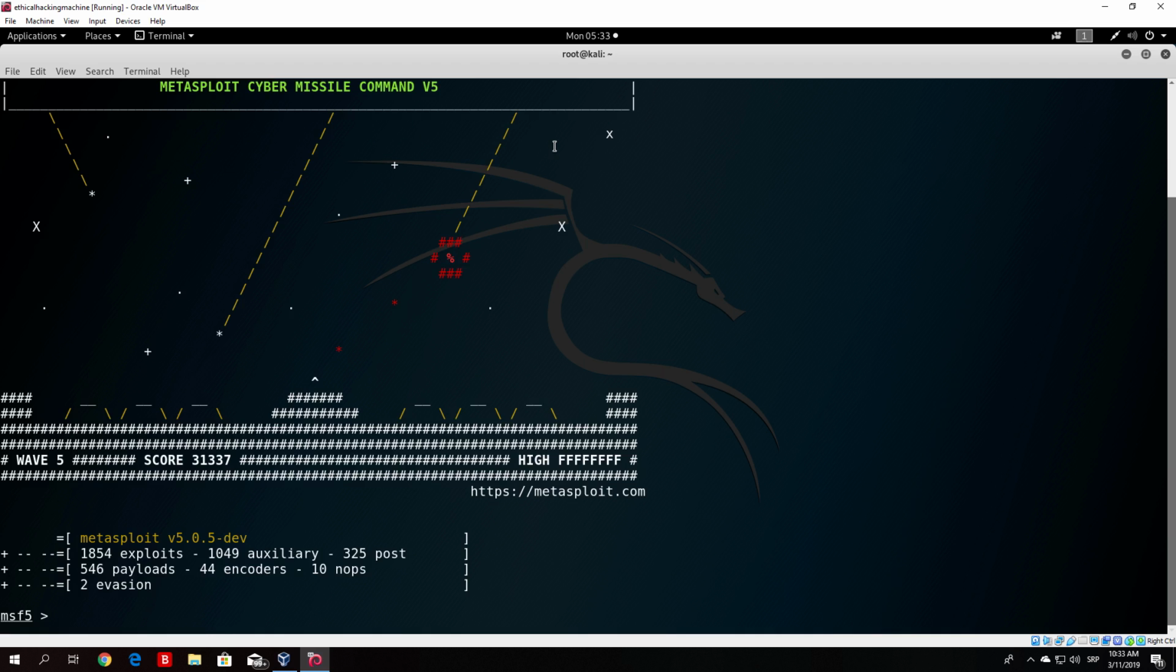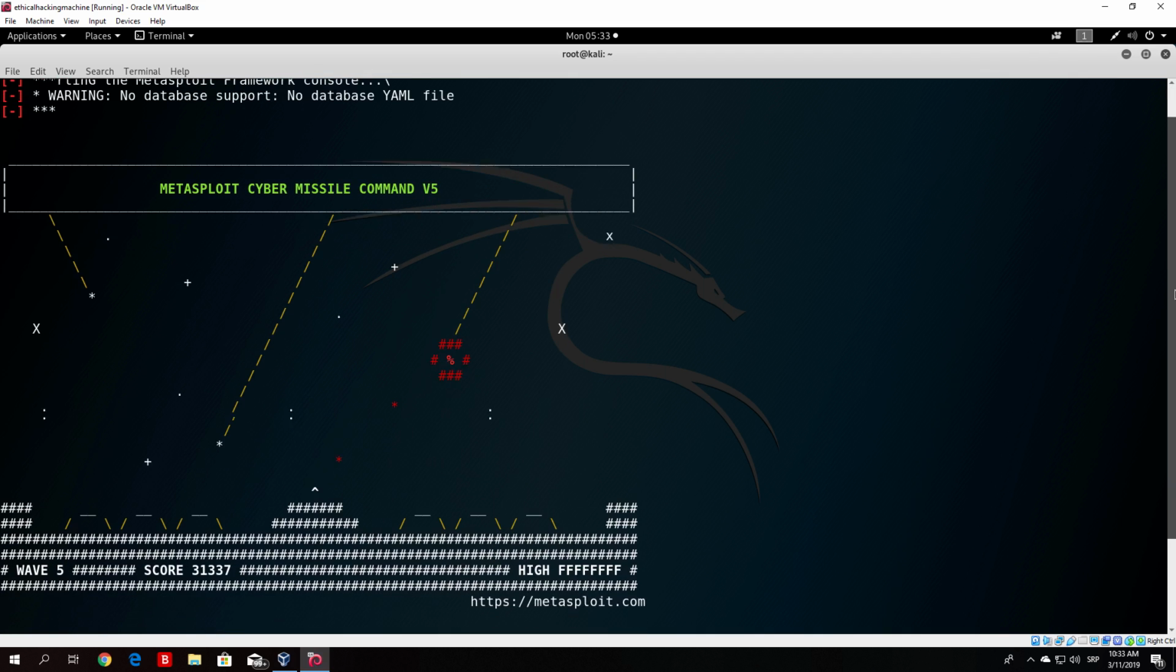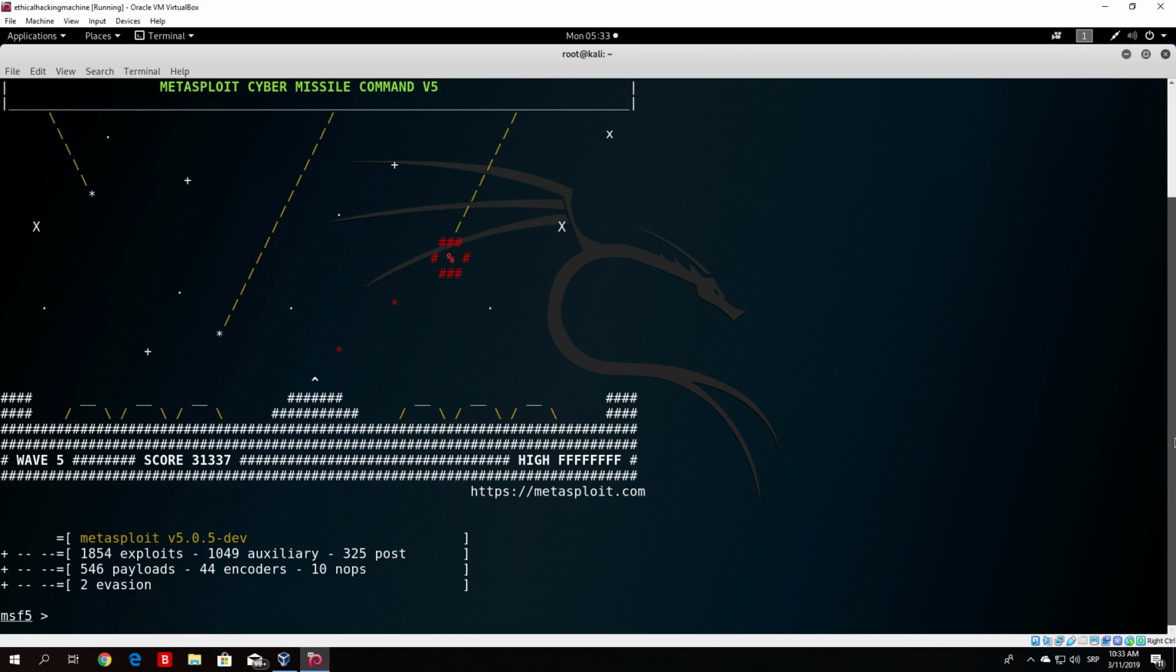So here it is. The first thing you notice is this banner right here. I believe it is different every time. The next thing you see is the available things in the Metasploit framework currently, at this time, which is the 11th of March 2019. We have